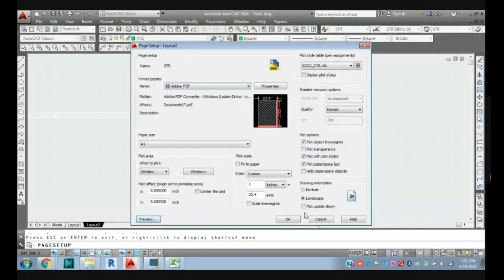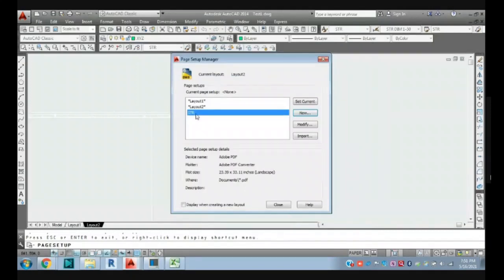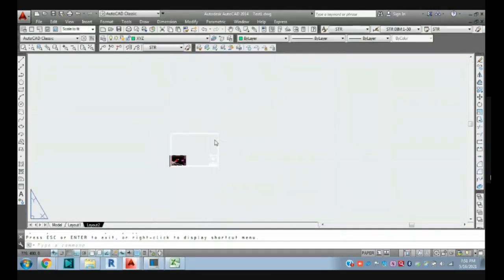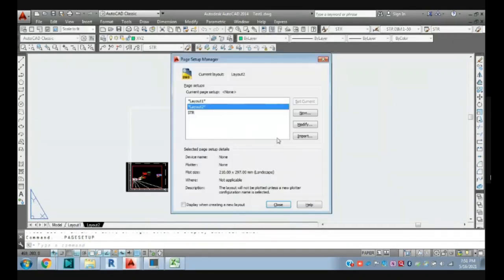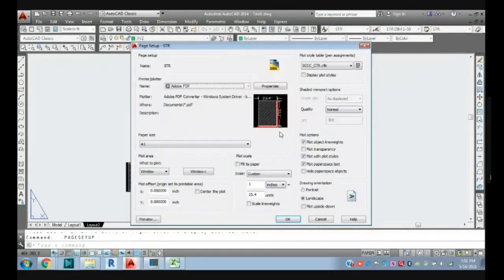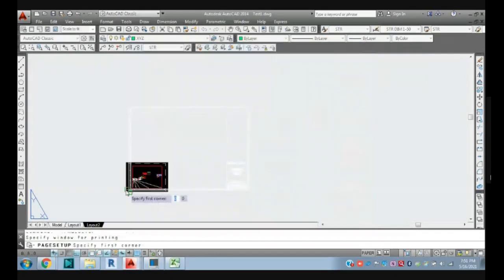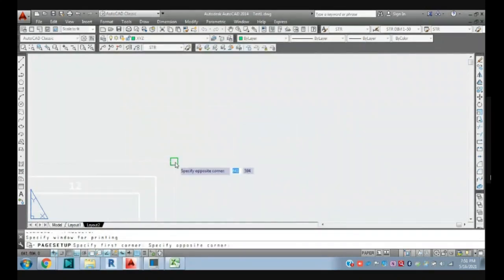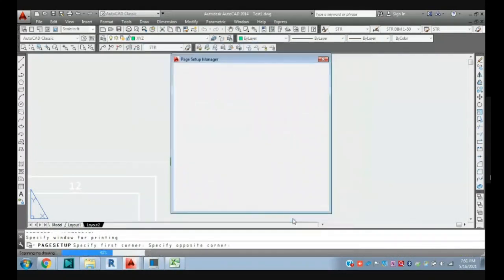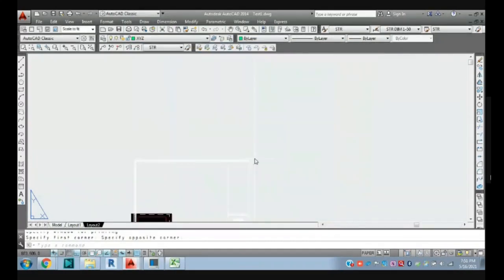Once you are done, click OK. You can see your str page setup has been created here. Just go again, modify, and give the window command from here to here, click OK, and close.